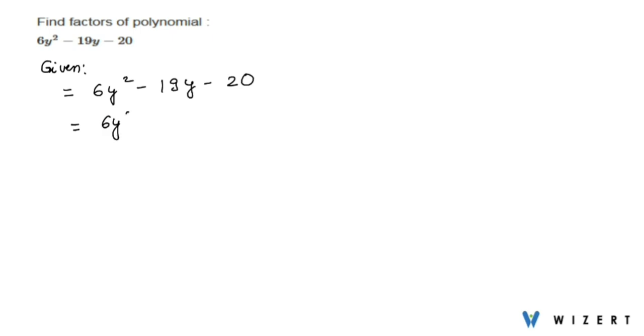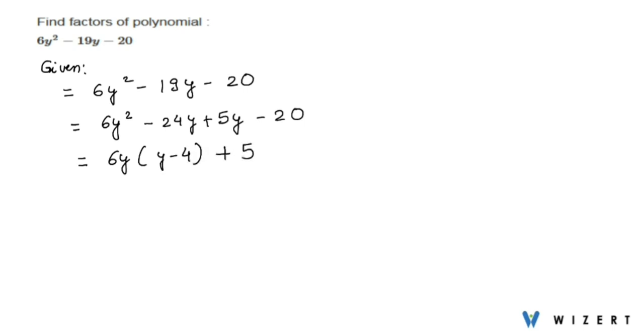We can see that if we write the middle term, minus 19y, as minus 24y plus 5y, then it remains minus 19y. So we can write it like this. Now we can see in the first two terms 6y is common, so let's take that common. So y minus 4 will be the remaining term, and in the third and fourth term 5 is common, so